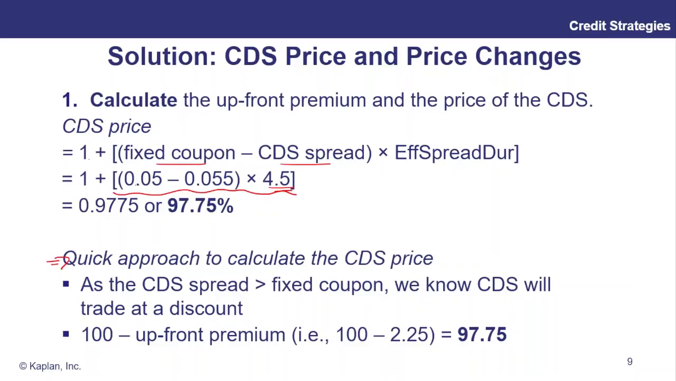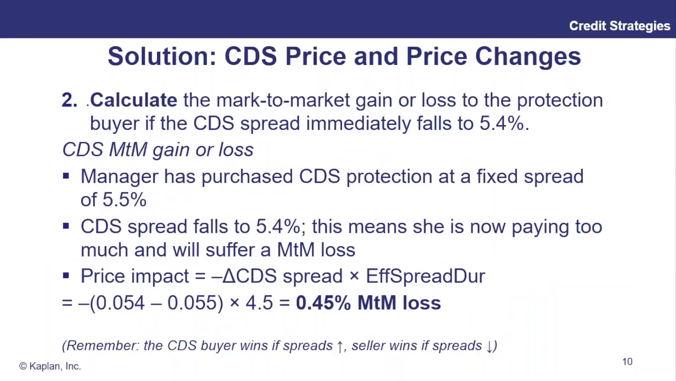We haven't quite finished yet though. Part 2 asks us to calculate the mark-to-market gain or loss to the protection buyer if spreads immediately fall to 5.4%. Now, gain or loss. Firstly, big picture. Protection buyers win when spreads widen, when things get worse. If spreads have fallen, then that is going to be a loss, not a gain. Okay? And the impact of this loss, we need to think about change in spread and multiply through by spread